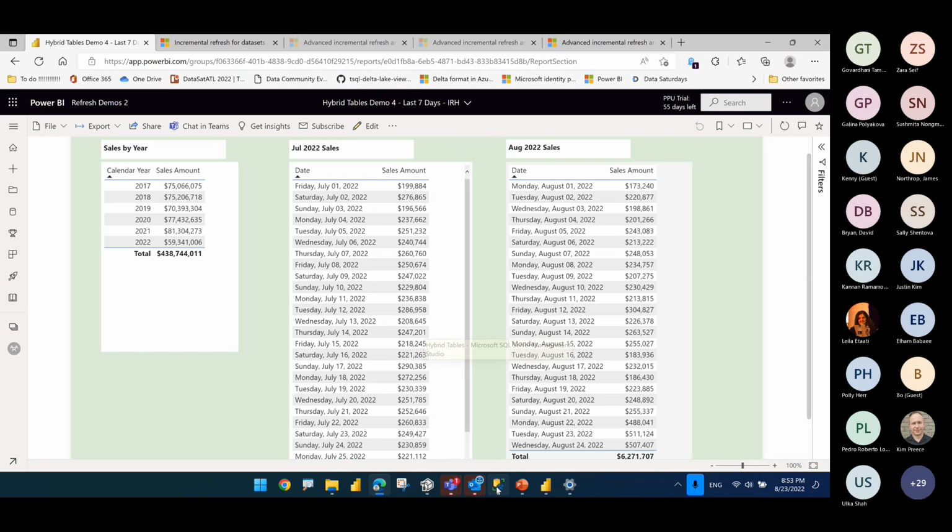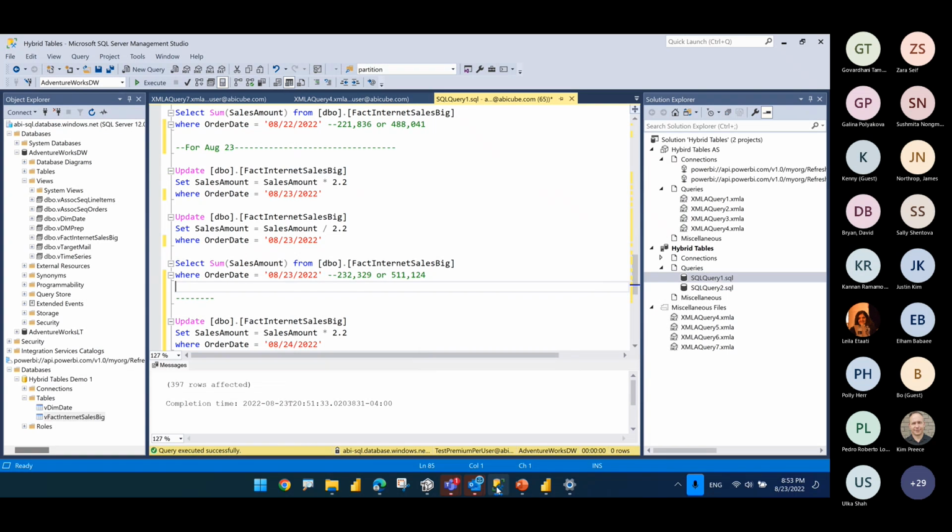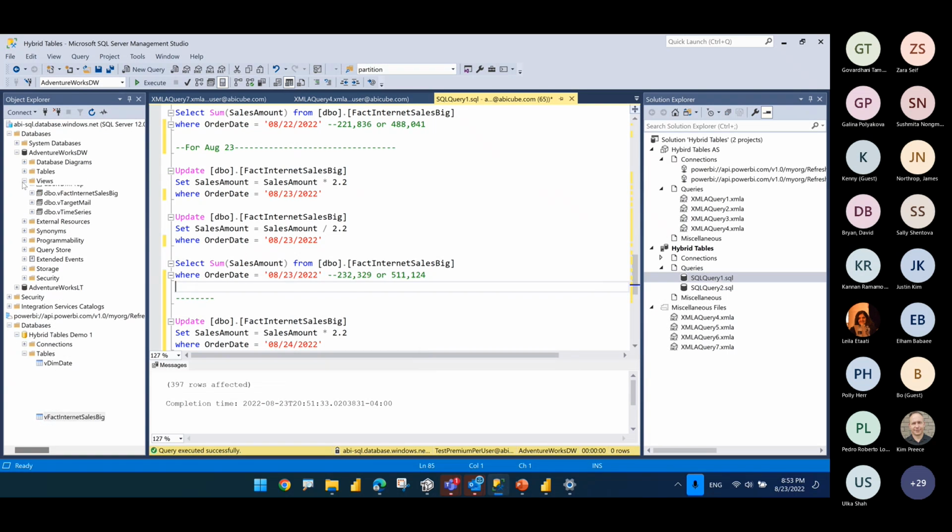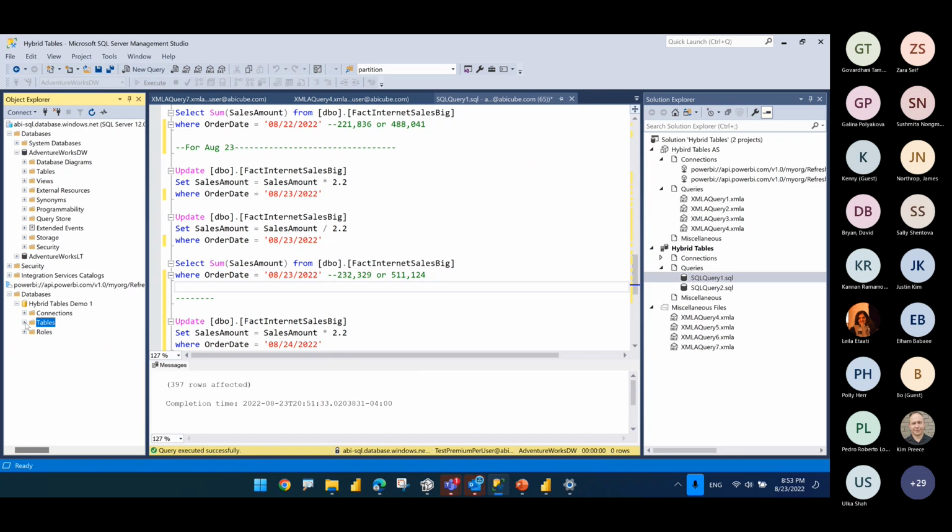Let me just show you one more thing from here before I go back to the slides. One of the benefits of partitioning, not just for near real time but in general, is that if you're creating these partitions, it can help you with your initial load. If you have a large data set, you can create your partitions, but you don't have to process them all anymore. You can choose certain partitions to process.